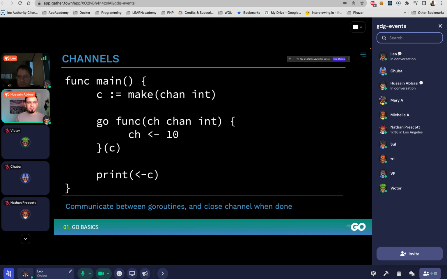In this case, you can see I'm spinning up a whole new Go routine. I have an anonymous function that takes in a channel. I pass in my channel, and then that function at some point sends a 10 to that channel, and I get it back in my main function because I'm listening for it. Now, channels are kind of tricky at first to get used to, but once you do, they're very powerful. If your channel is not buffered, you can only send one at a time and read one at a time. If you try to send to a channel more than once and it's not buffered, it will panic because it wouldn't know what to do. To buffer a channel, we just give it a size, and you can give it a size of 1. It'll still be okay. So that's channels.